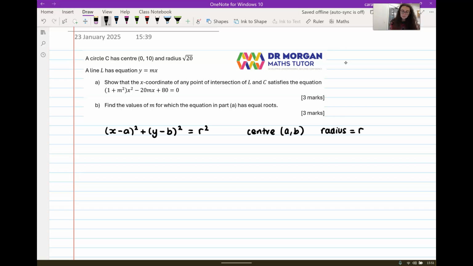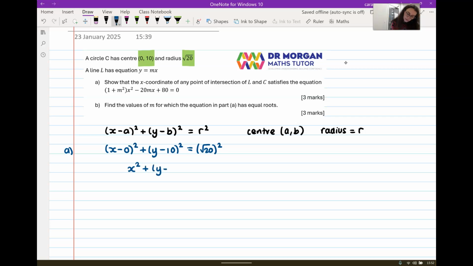is r. And I think how I'm going to get started is I'm just going to literally substitute the information from the question. So I can see that the centre is (0, 10) and the radius is root 20. So I'm going to start by substituting (x − 0)² + (y − 10)² is equal to the square root of 20 squared. And just to tidy that up a little bit, I'm going to have x² + (y − 10)² is equal to 20. Now the question also tells me that there's a line whose equation is y = mx